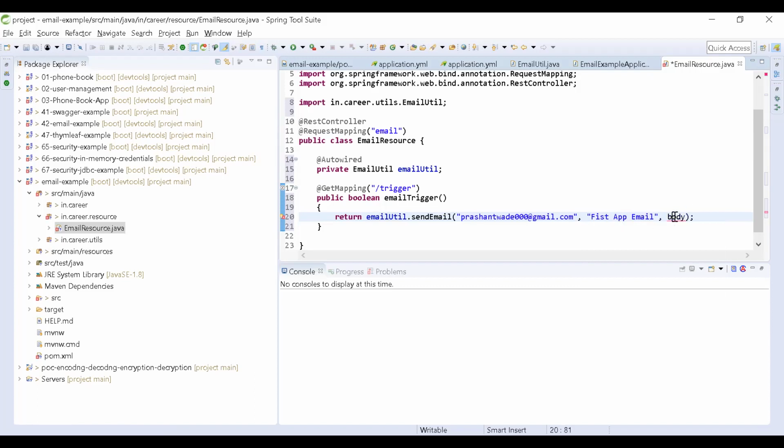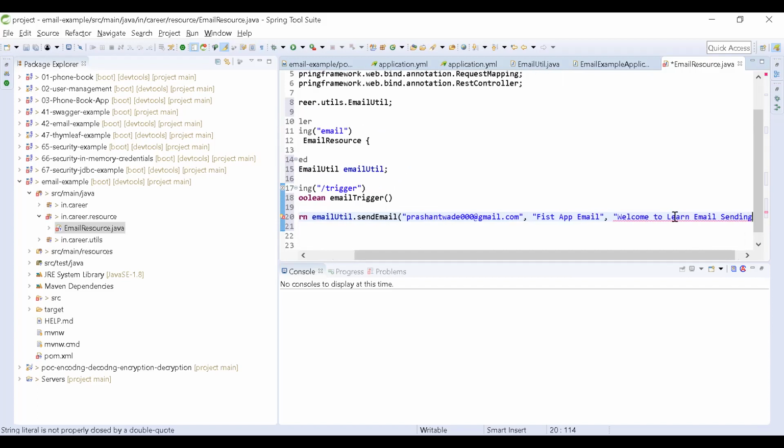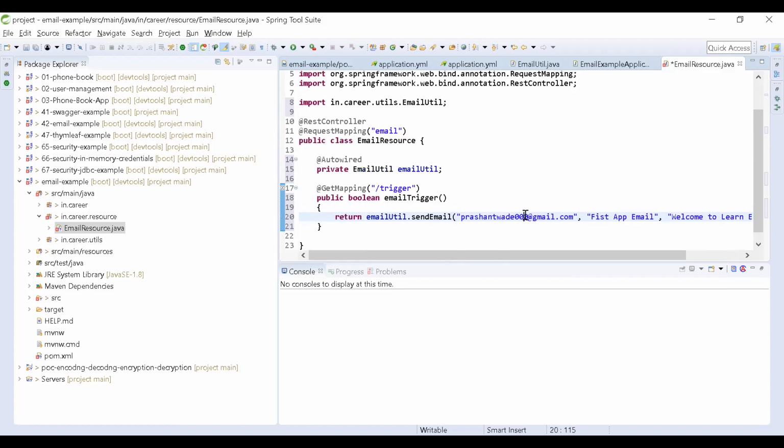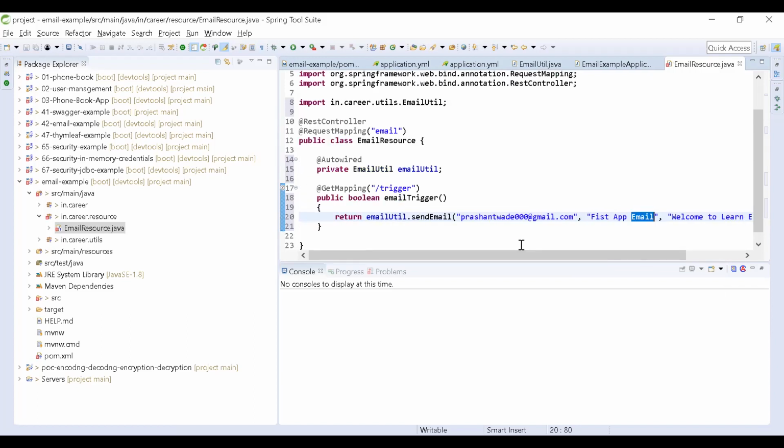Body: welcome to learn email sending. As of now I am hard coding all the values. This is the email, this is your subject and this is your body. Just I am going to trigger an email.